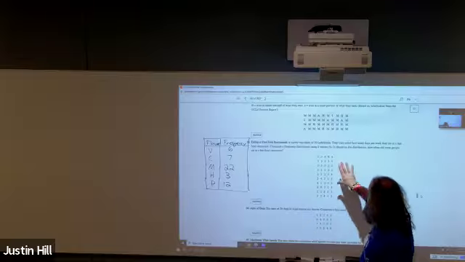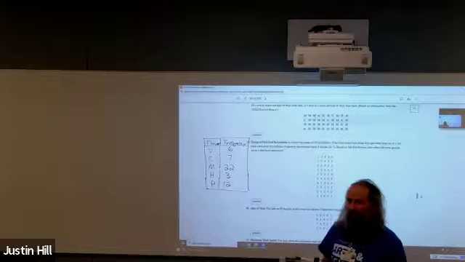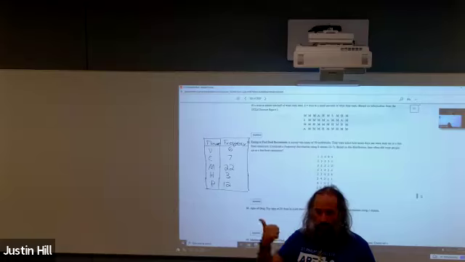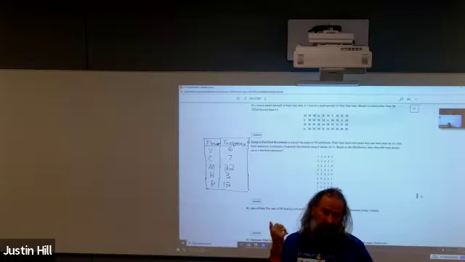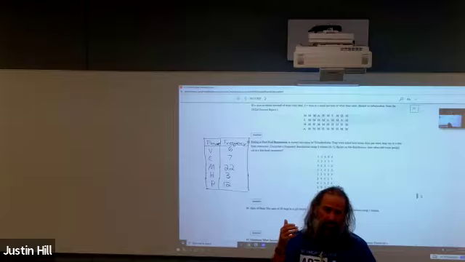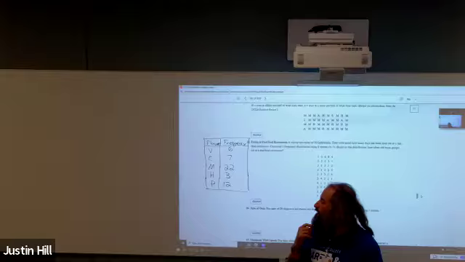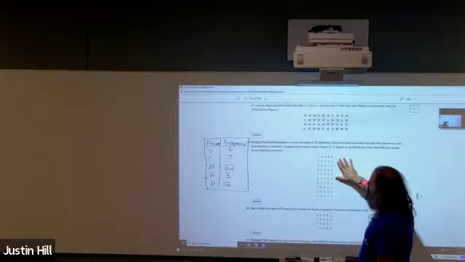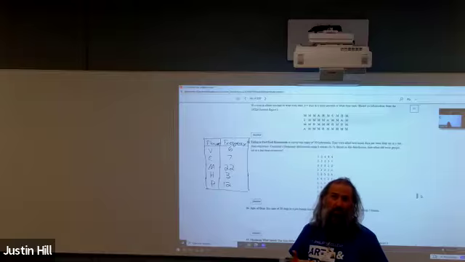The difference I want you to see here is that once you have quantitative data, your categories are not as apparent. With qualitative data, your categories are just what the qualities are. So your classes are easy to figure out because you literally write the categories of the data and then just go count. But once you have numbers as data, it starts to become a little harder to think about what my categories are.